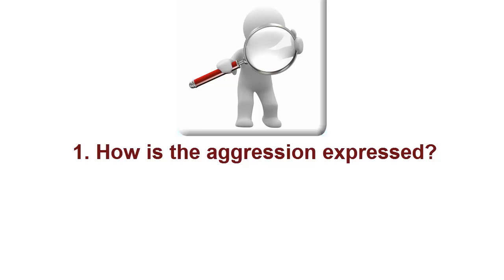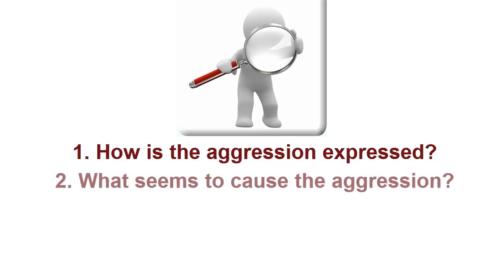The second question to ask in your investigation is, what seems to cause the aggressive behavior? Is it triggered by frustration, anger, or excitement? Or are there certain patterns to the child's aggression? Does he act this way when toys are involved and when he is frustrated about sharing? Or does the child become aggressive when there's too much going on and he is simply overstimulated?